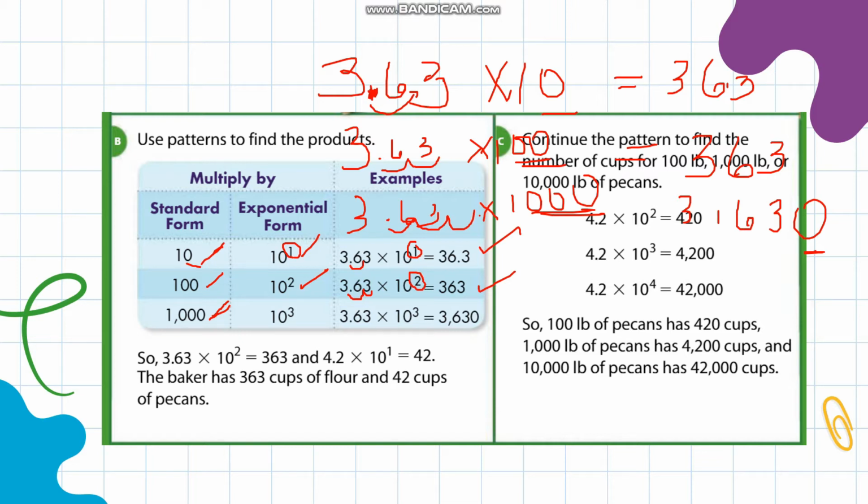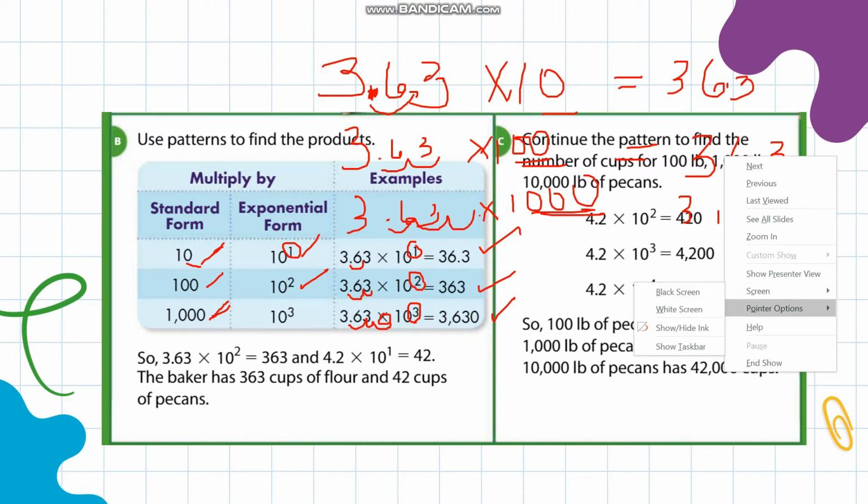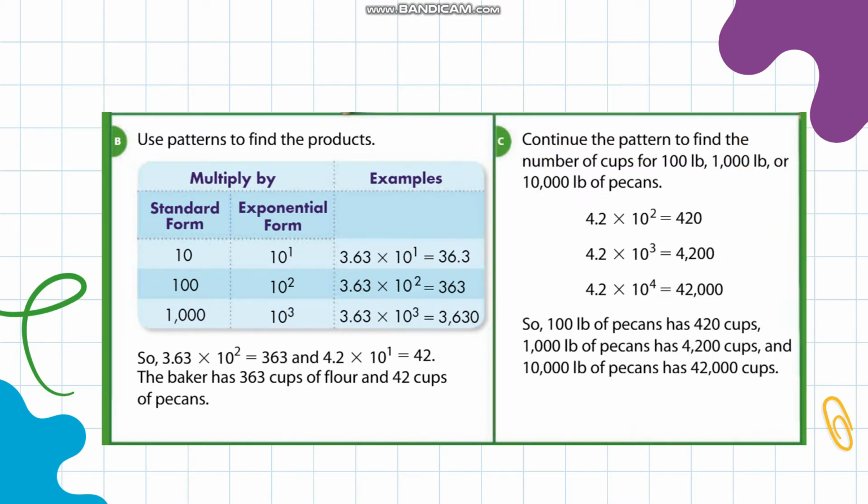So if you're going to multiply by an exponent, 3 as an exponent signifies 3 movements going to the right from the decimal. So 1, 2, and 3. So you need to add 1 zero. That's why the answer is 3,630. The shortcut way, if it is multiplied by 10, 100, 1,000, or 10 to the first, 10 to the second, or 10 cubed,